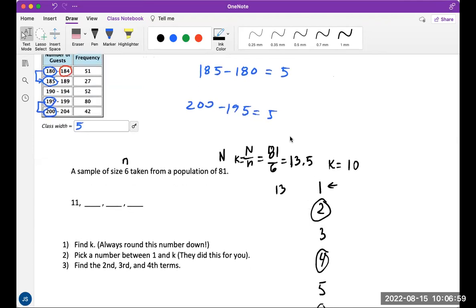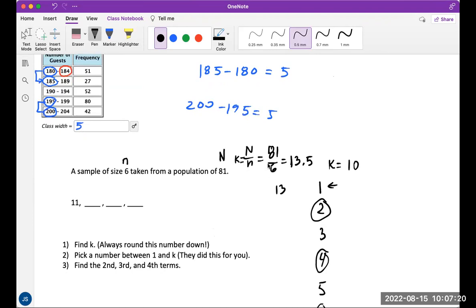Okay, so we want every 13th term. So we found K, that's our first step here. The second step is to pick a number between 1 and K. Now, the idea here is that there